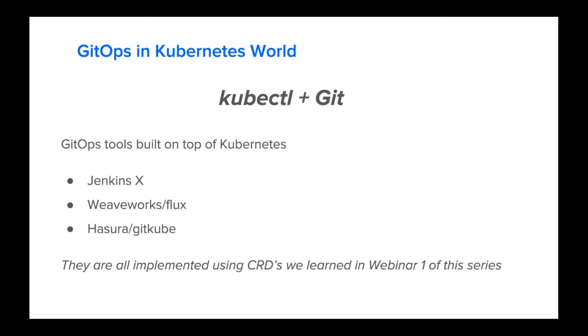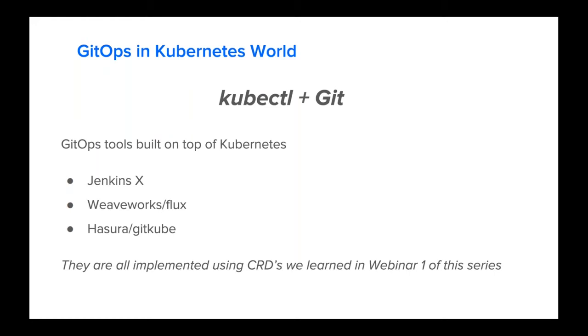And if you recall, in the first session, we talked about CRDs, or custom resource definitions. All of these tools extend Kubernetes using the CRDs we talked about earlier. So whenever, for example, I make a commit to my Git repository, there would be a webhook synced up with my Kubernetes cluster. And whenever some changes happen on Git, my CRD gets notified about that particular change. And based on that, I make some modification to my environment.